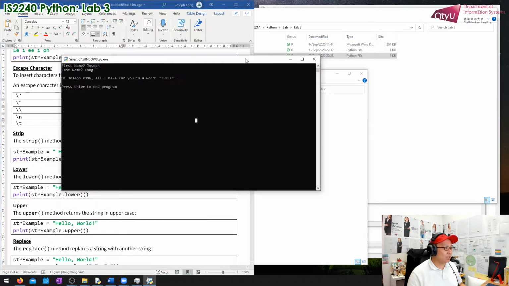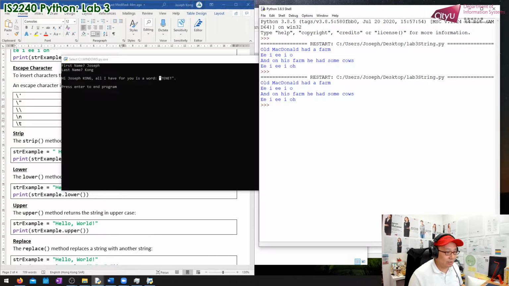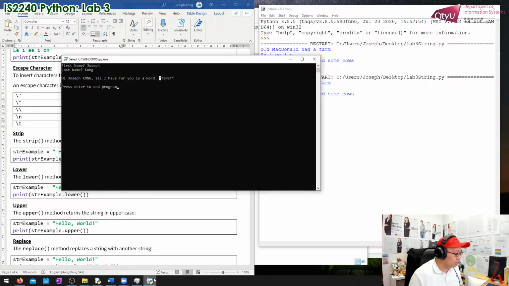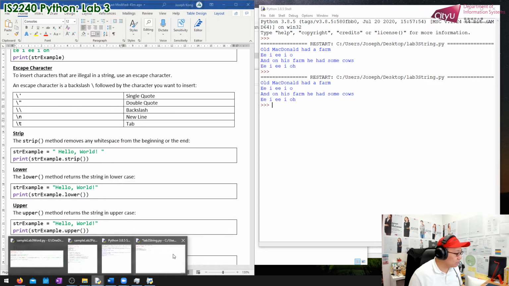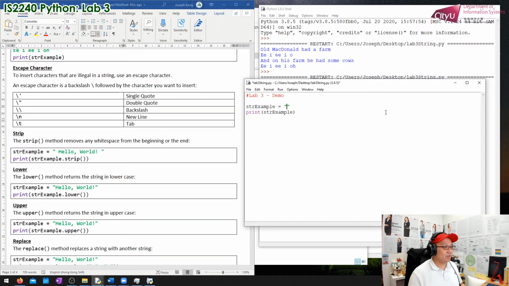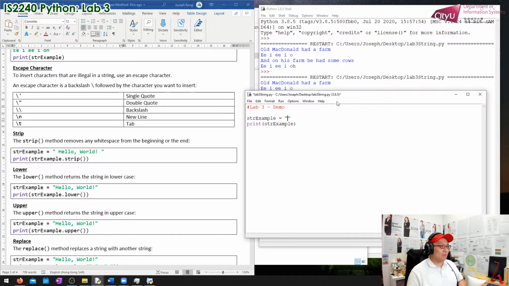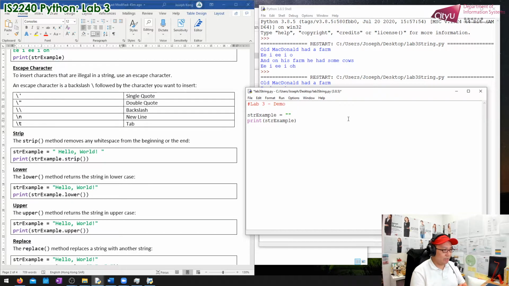Now, in case you would like to display something like a single apostrophe or double apostrophe, what should you do? Now let me go back to, where is it? Here. Okay, lab 3 demo here. Now, usually Python does not allow you to output special characters if you are not using escape character. Let's say